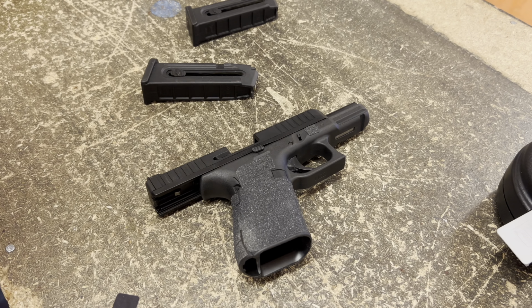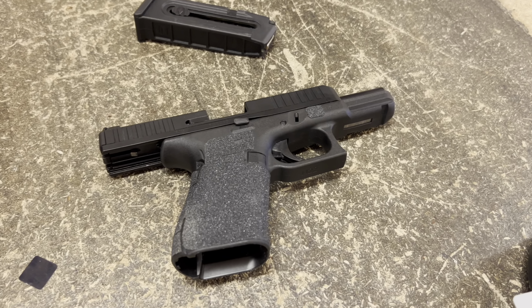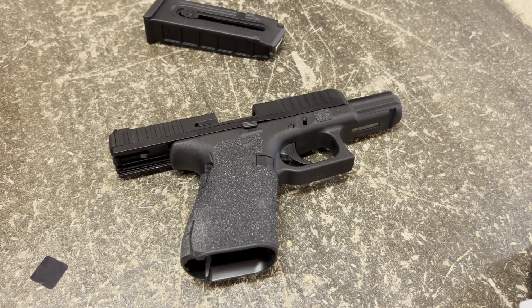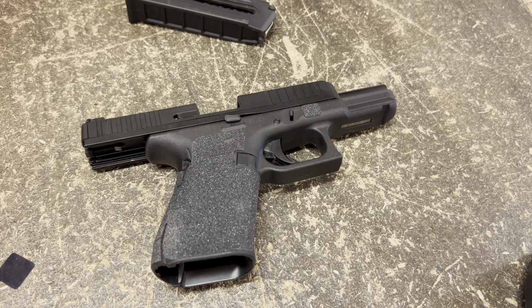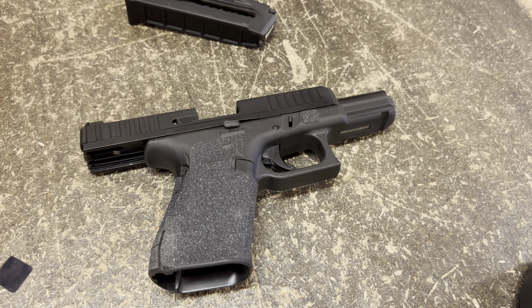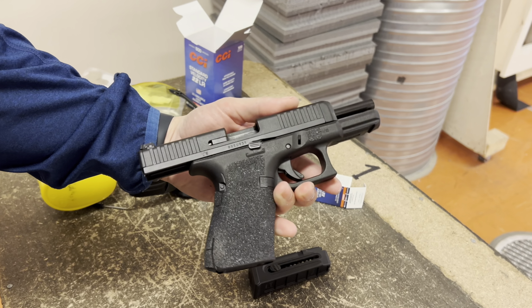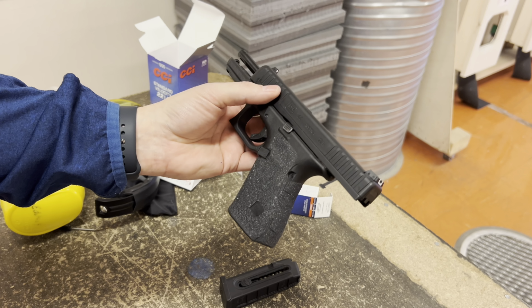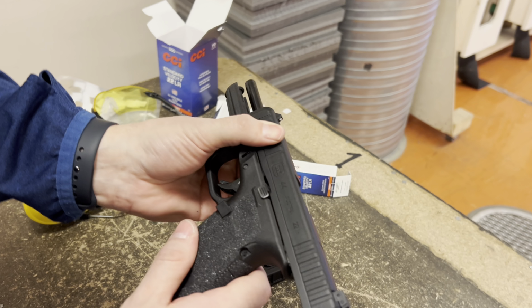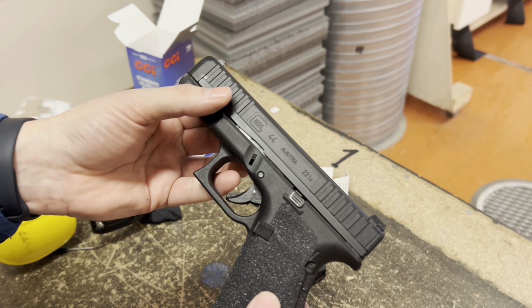Let's have a look at the Glock 44. This is a Glock .22 caliber pistol. Their first, I believe, at least their first proper pistol. It's polymer. Pretty much the entire gun is polymer: slide, frame, a trigger,